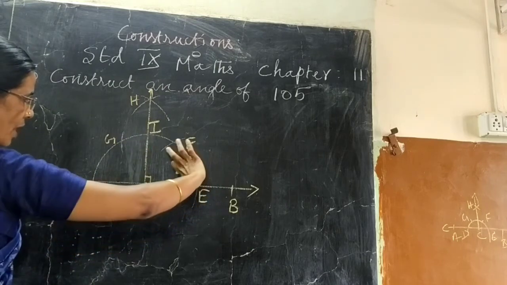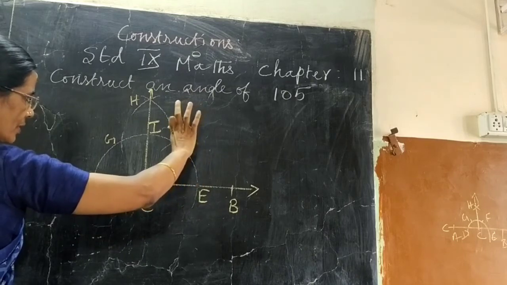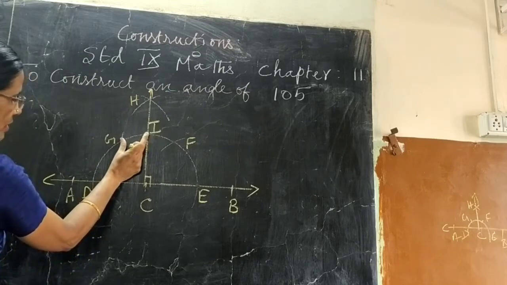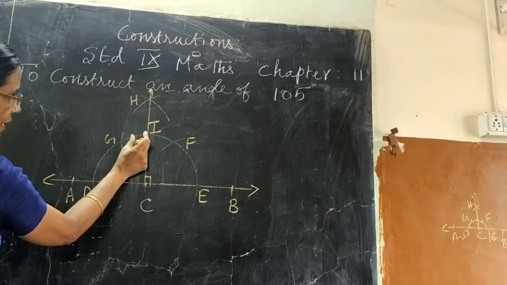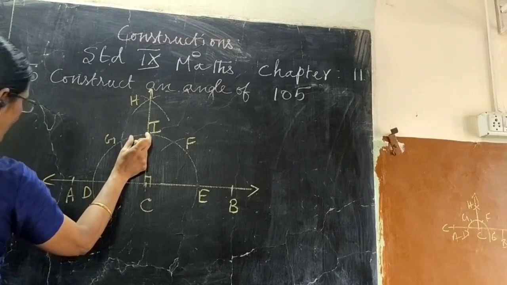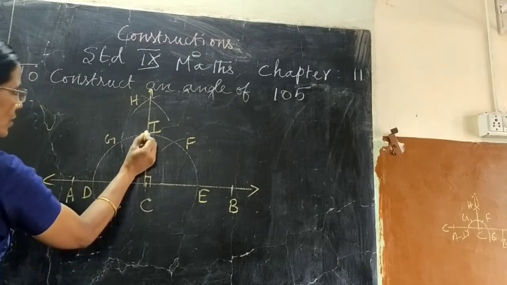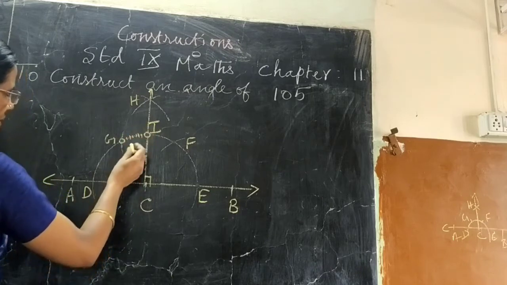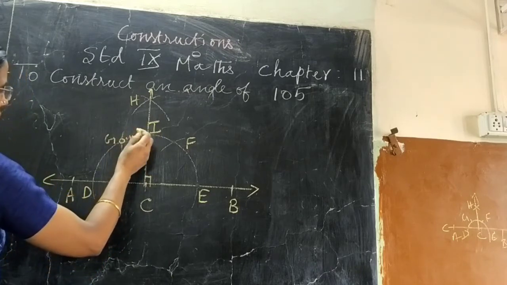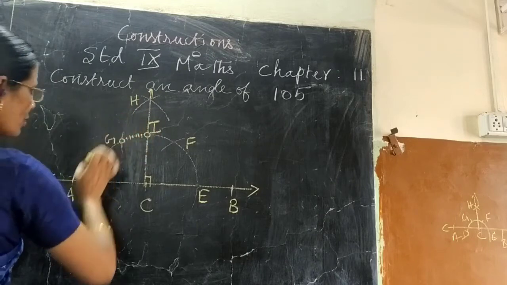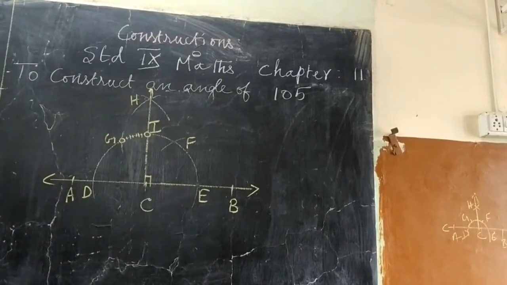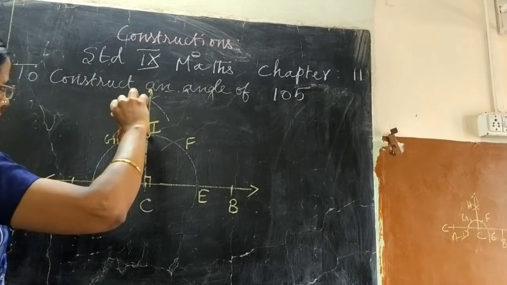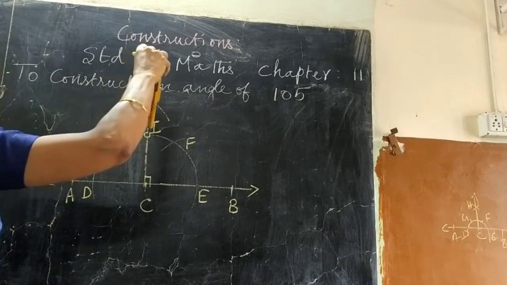One time if we draw the arc on the semicircle with the same radius, 60, here to here is also 60. So this is 30 degree. This 30 we are going to bisect, we will get 15 degree. So 90 plus 15 we will get 105. So we are going to bisect this angle. So taking centers I and G, radius more than half the length of IG, we are going to draw two arcs. I center, any radius more than half of IG, draw arcs to intersect.